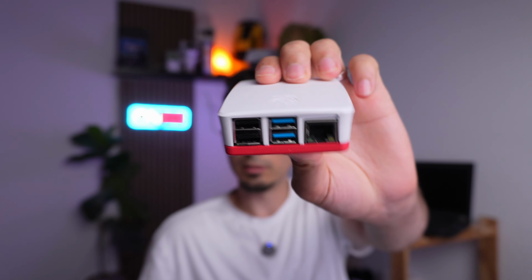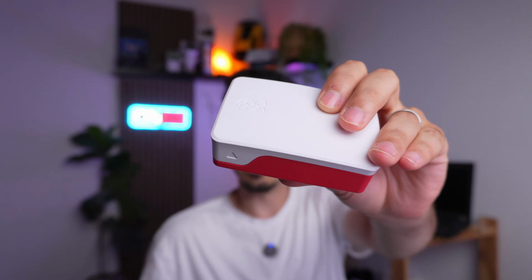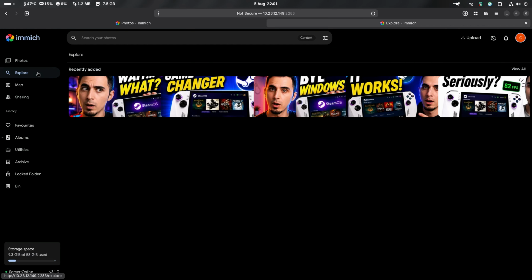If you are paying for Google Photos, or you are just tired of saving your photos on someone else's servers, there is a better and cheaper option. Because in this video, I will show you how to turn a $50 Raspberry Pi into your own private photo